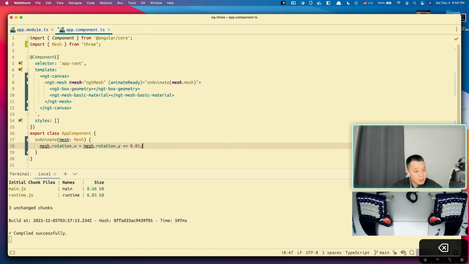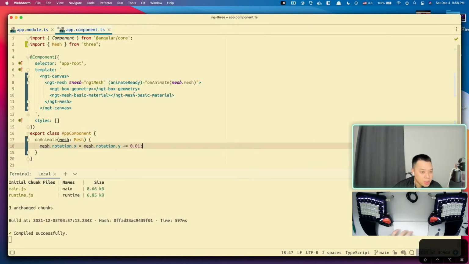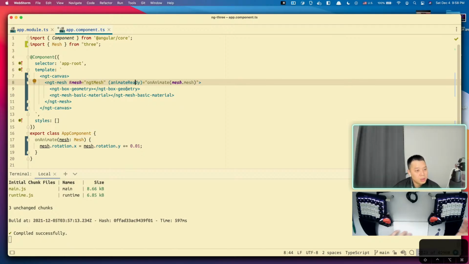So run by 0.01. And how often? The documentation doesn't really explain this, but I'm going to explain it. So animate ready is a special output on the NGT mesh, on any three.js object that can animate. Animate ready actually subscribes to the animation frame loop that the NGT canvas creates, and it will